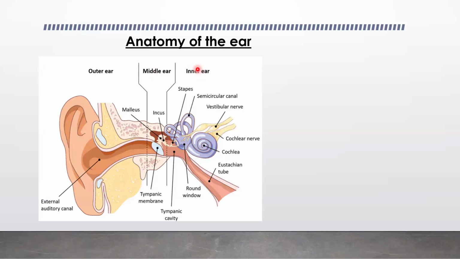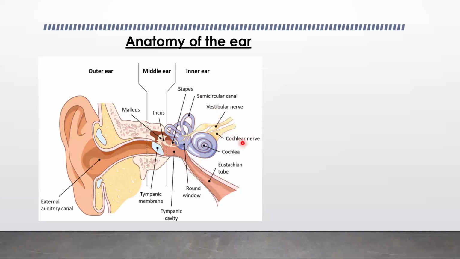So starting with the outer ear, you have the auricle. Then after the auricle, you have the external auditory canal. And then after the external auditory canal, you have the tympanic membrane separating the outer ear or the external ear from the middle ear. Then the middle ear will be containing the ossicles and their muscles. And then the inner ear will be containing the semicircular canals, the cochlea and the cochlear duct,